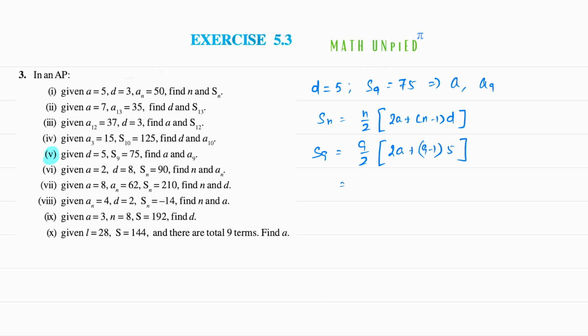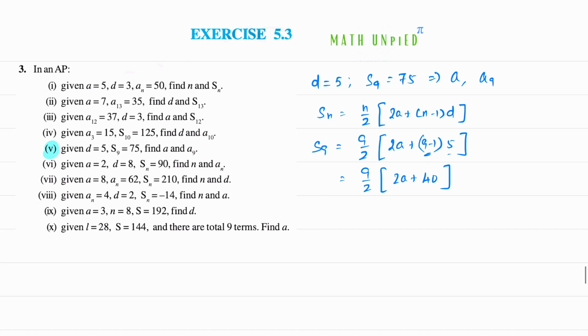This is 9 over 2 times 2a plus 9 minus 1 is 8, and 8 5s are 40. Now what we can do is take this 2 inside and divide both terms by 2. So we have S9, or S9 is 75. 75 equals 9 times